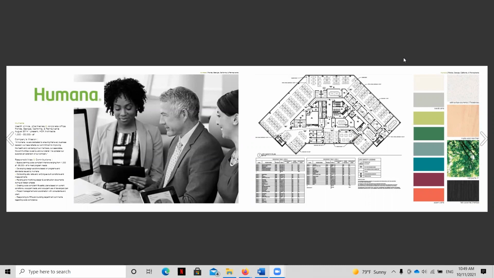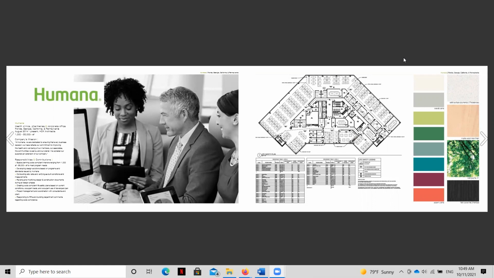So we're going to start with this project right here. And what you're seeing is the first page or set of pages, what we call a spread, where it opens like a book, on a project for this company, Humana. Now, just to look at this, we'll see how a designer illustrates this understanding of the needs of the client through the use of a concept image and text.